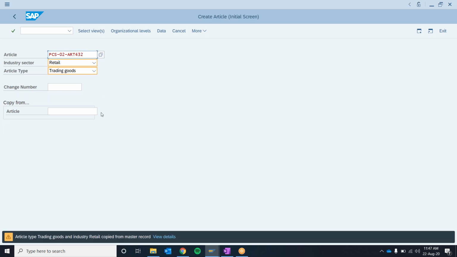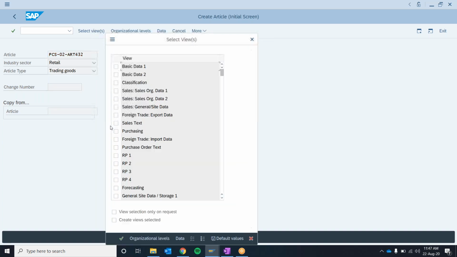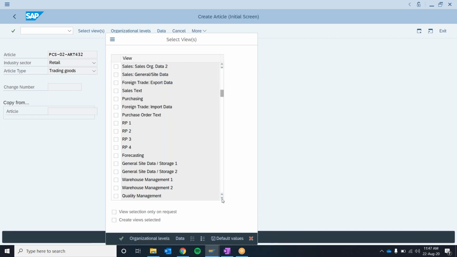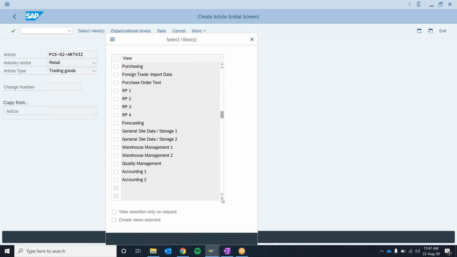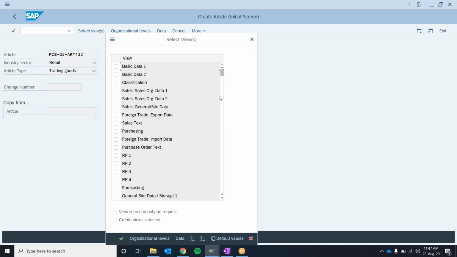See, it says article type trading goods and industry retail copied from master data record. Press enter. It's a warning only. Select any. See, these many views are coming. It is based on that configuration that we assigned. You get it? It's not bringing you the 23 sequence, but it is bringing you the 21 sequence. Correct. So if you go to that SPRO screen,